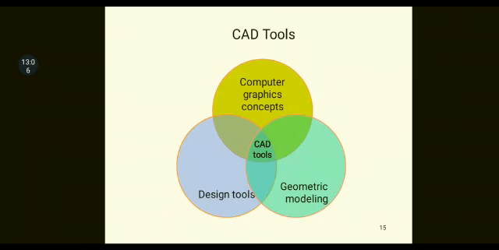Now see a pictorial representation of CAD tools. See, first one is computer graphic concepts, that is in yellow. Then design tools, blue. Then modeling software and packages, etc. is green. All the things are required. Whenever it is needed, we need to adopt these things. See, there it is all put together. There is CAD tools given in the center. In the sense, all put together only we can try to develop a design and evaluate it and optimize it, and at the end we can document it. Okay.